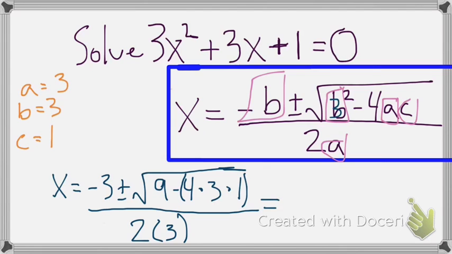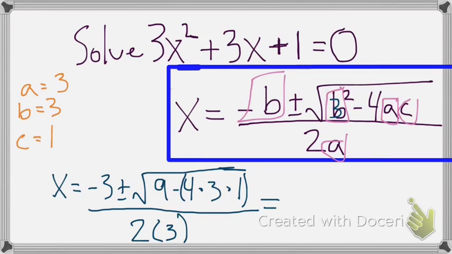Okay, so what I like to do, I like to simplify everything. Well, this is what you have to do. We need to simplify everything under the square root sign first. And so to do that, we have to simplify these parentheses first. Okay, so with that in mind, watch how I write the next step and tell me if this makes